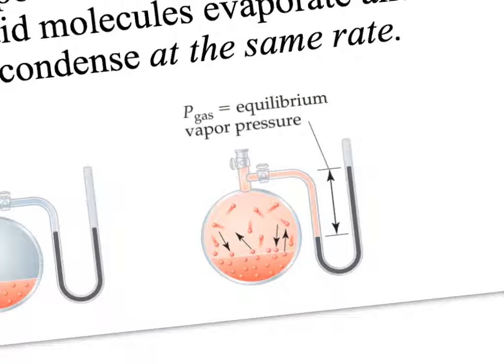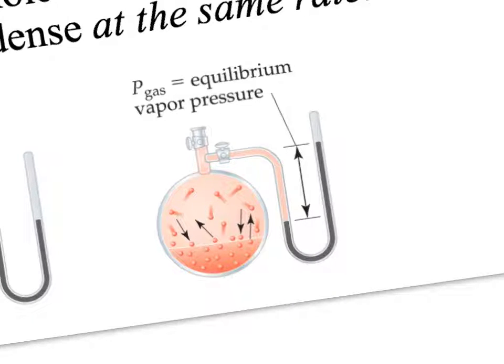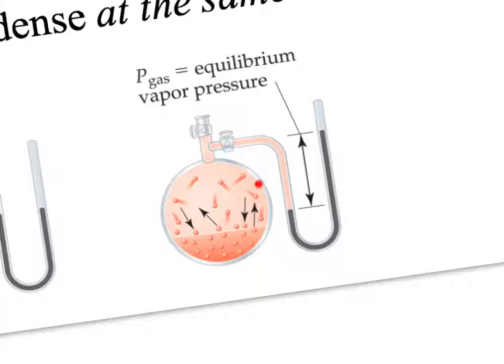Now, at some point, sorry, I was getting ahead of myself. So in a closed system, there will be an equilibrium. The molecules that are escaping will escape at the same rate that some are being recaptured. Some of these little molecules get too close to the surface of the liquid and are attracted by intermolecular forces. So in a closed system, you're going to have what's called equilibrium vapor pressure, and the amount that are breaking free are going to be equal to the amount that are getting caught, and so you're always going to have a fixed number floating around in there and creating a pressure.